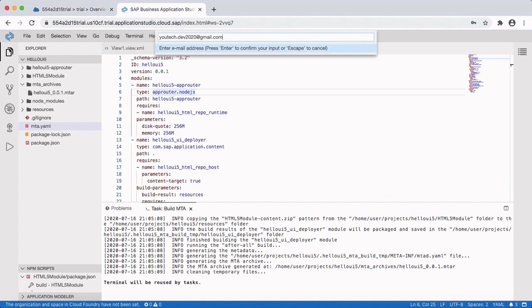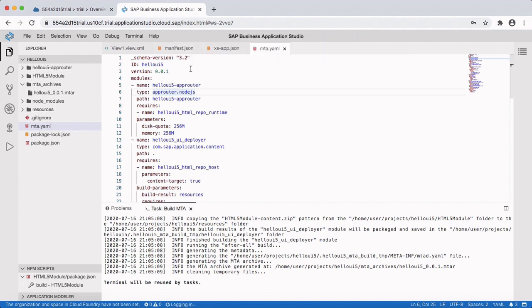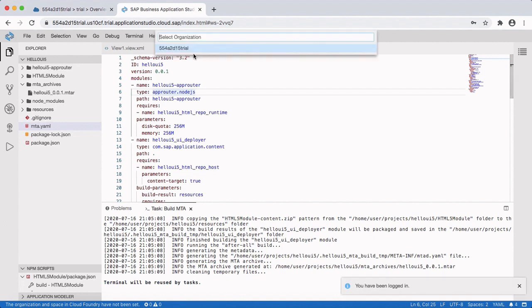Enter your email address and enter password. Now it will show the organization, your trial account organization. Select this organization. Select the space.